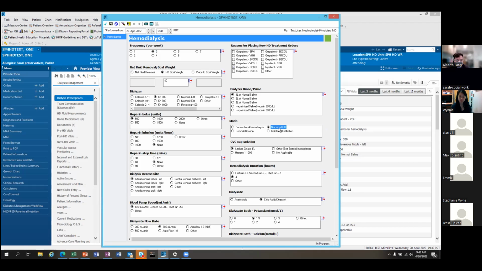I know St. Paul's is dependent and VGH is independent. Do we need to differentiate that as well? Well, it would only be in the home dialysis orders. Nocturnal presumably means nocturnal independent. If you're writing them in the hemo orders, then nocturnal would have to mean dependent, wouldn't it? Well, we have a mode